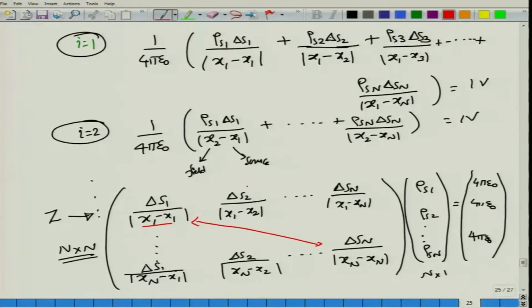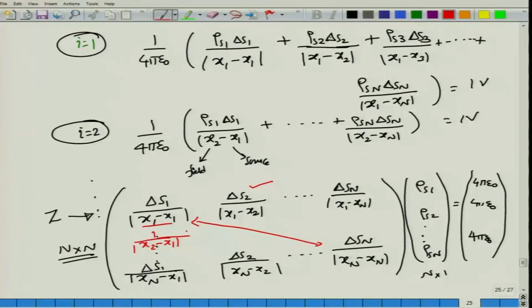The second observation is that the value delta s2 by |x1 − x2| will be similar to the value that you are going to obtain in the other case. This would be the matrix that we have written. So you will have delta s1 here divided by |x2 − x1|. So apart from the delta s part, 1 by |x1 − x2| will be the same as 1 by |x2 − x1|. The delta s will also be the same because we are going to assume everything to have the same surface area. Therefore, the matrix essentially will be symmetric, such that upper diagonal elements will be equal to the lower diagonal elements.